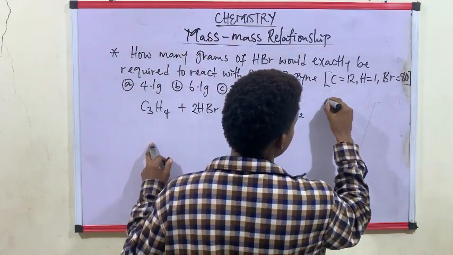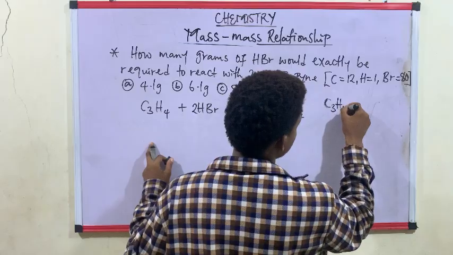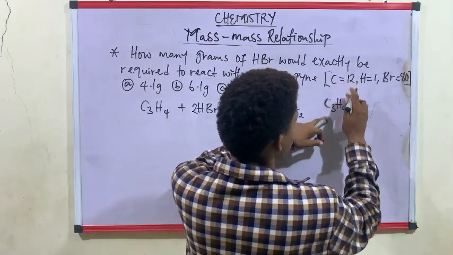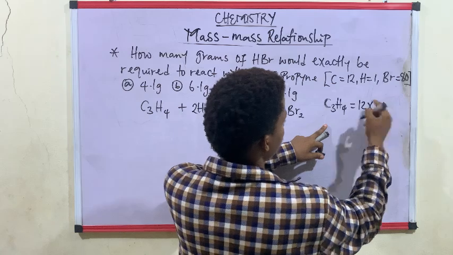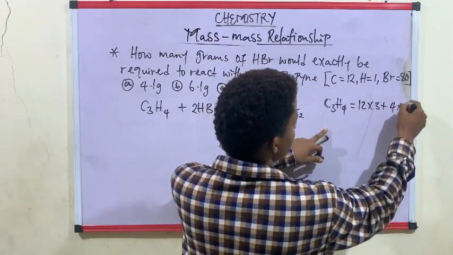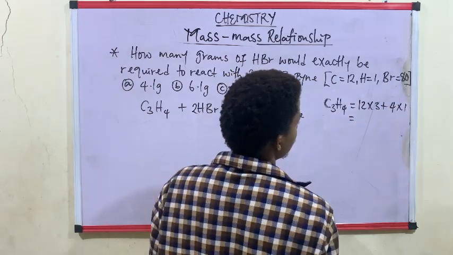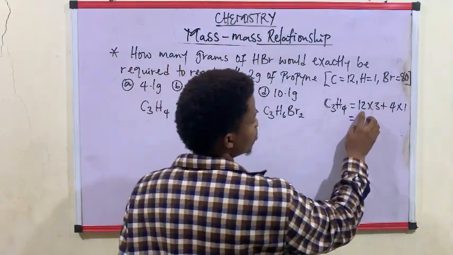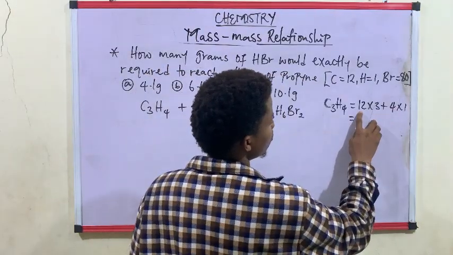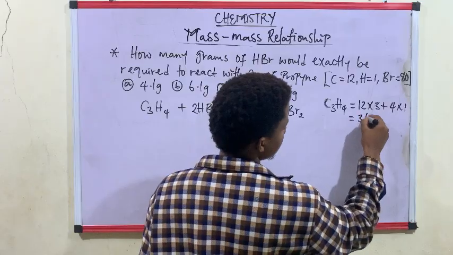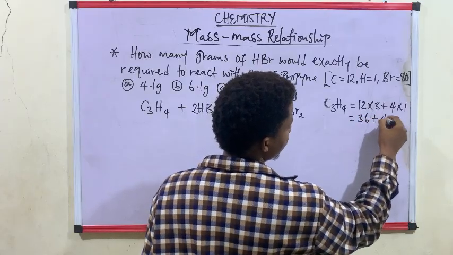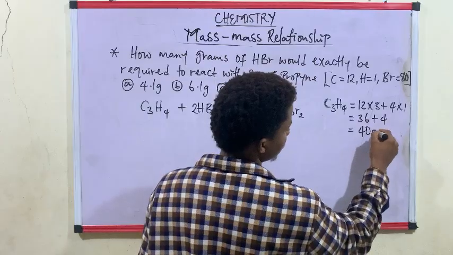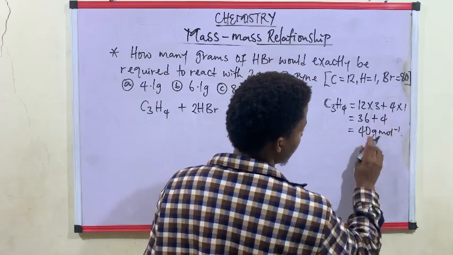Propane is C3H4, that is 12 for carbon, 12 times 3 plus hydrogen 4 times 1. So 12 times 3 is 36, plus 4, which is equal to what? 40 gram per mole. So this is the molecular mass